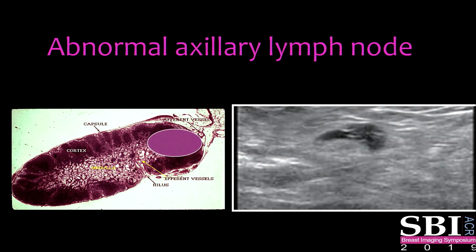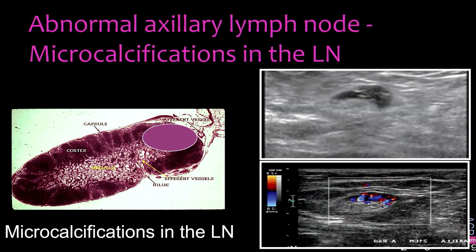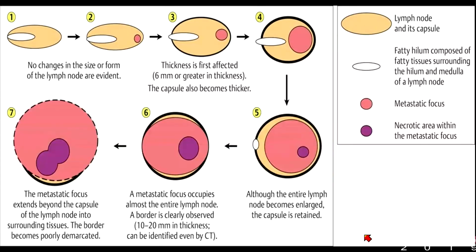The other appearance that we can see is calcifications within lymph nodes. And when you see these calcifications within lymph nodes, it's important to identify them and match them up with the calcifications that we see within the tumor. And if these match up, then that's suspicious. As you see here, these calcifications are microcalcifications, and you can see that it has recruited neovascularity.